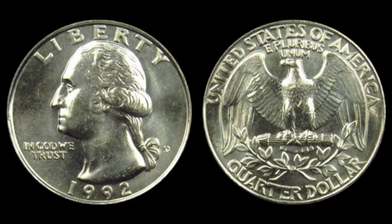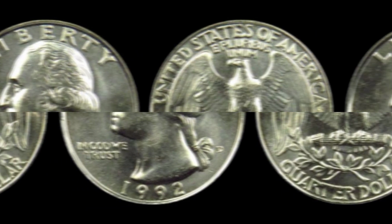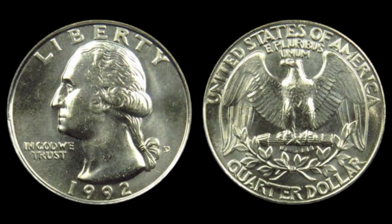And analysis revealed that its metal composition included traces of manganese and zinc in ratios inconsistent with the standard 91.67% copper and 8.33% nickel-clad composition used for quarters at that time, leading to speculation that a foreign or hybrid planchet was mistakenly introduced into the quarter press at the Denver Mint, a hypothesis supported by the coin's off-standard weight of approximately 5.4 grams, slightly lighter than the expected 5.67 grams of a regular clad quarter, and these composition anomalies have